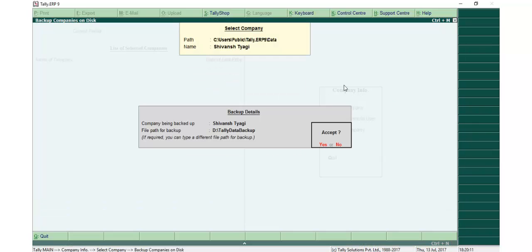and it will show you where it will be backed up. It will show you the path, that is C users public Tally.ERP 9 data. This is the path of the company, this is the name of the company, Shivansh Tyagi, and this is the company being backed up. These are the backup details, and this is the path where the data is backed up. It is Tally data backup. This is the folder in which you will find the backup file. So press enter, or just press Y,